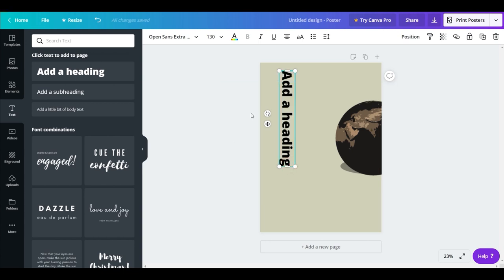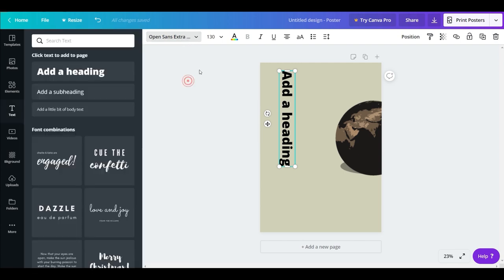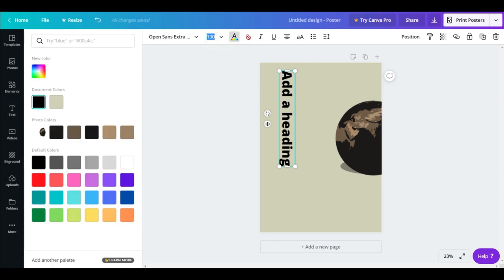Before doing that, as soon as you enter the text in the artboard, you can see that at the top, along with the color panel, some extra panels are now visible. This is the font, whichever you want to use, you can select it from here. This is the size of the font. This is the color of the font. And if you wish to make your text a bit bold, you can do it here. This is for italics, underline, and this is the alignment column of your font.